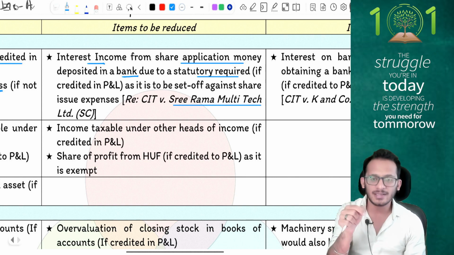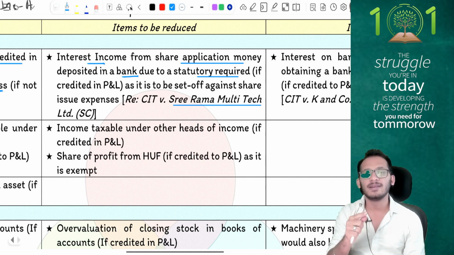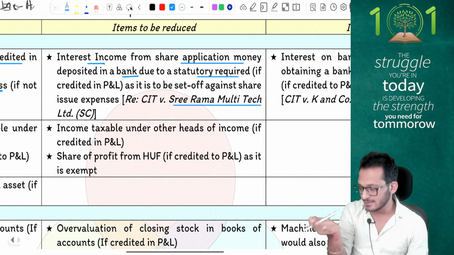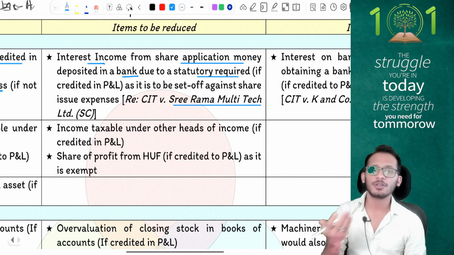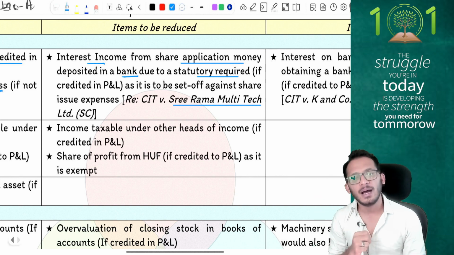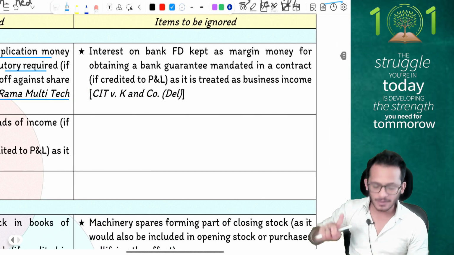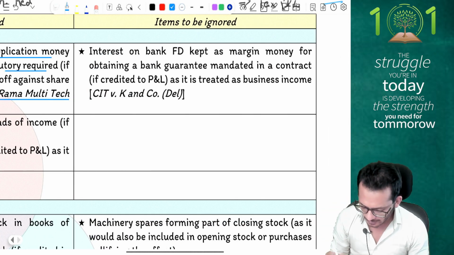If I have treated it as a P&L item in my books, I will remove it from the P&L and reduce it from the share issue expenses, which means it is an income showing in my P&L that should not be there, and therefore I am reducing it. Yes or no? On the right side, people, is something called items to be ignored, where the case law of